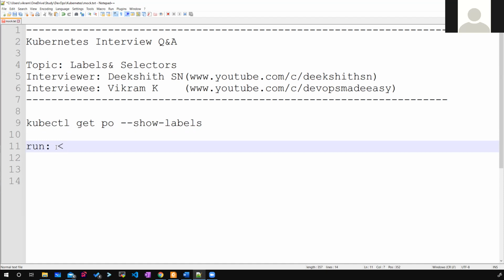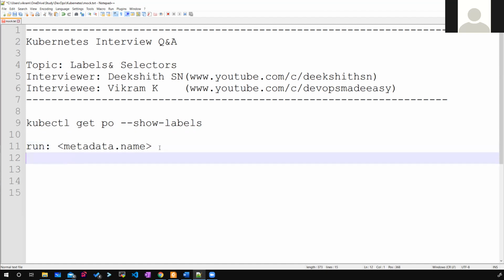Suppose you're creating a pod, you'll obviously give a name to that pod. That name goes under metadata, with name as the key. That name you give to the resource will be taken as the label: run will be the key, and the resource name goes as the value.